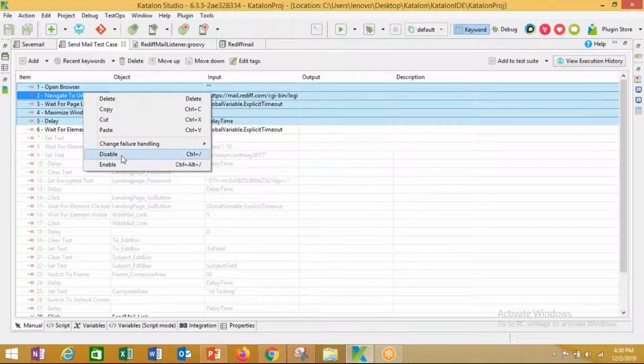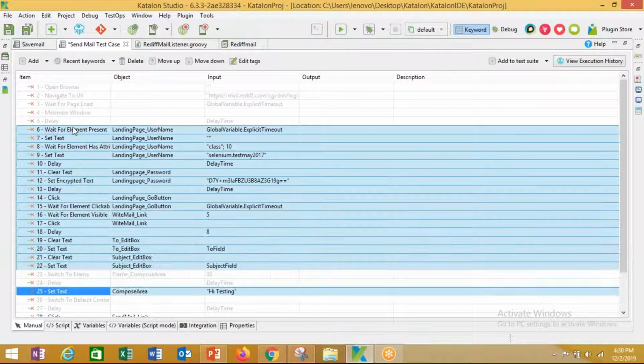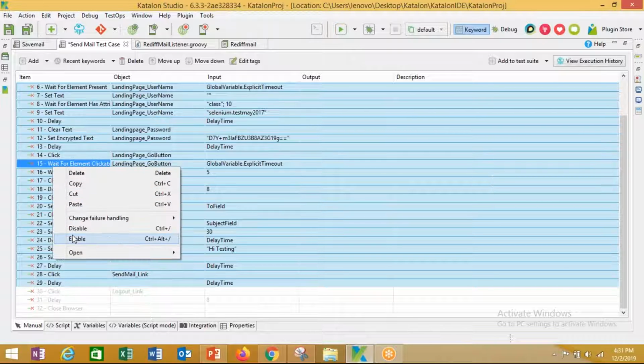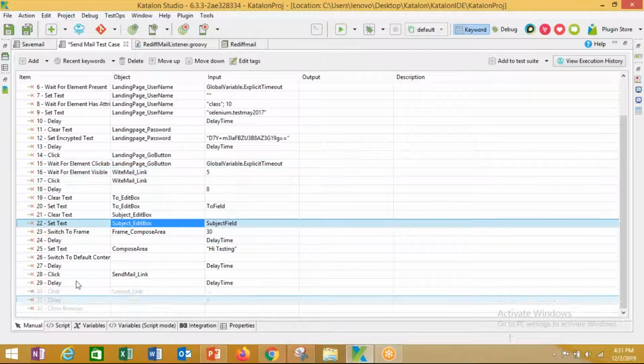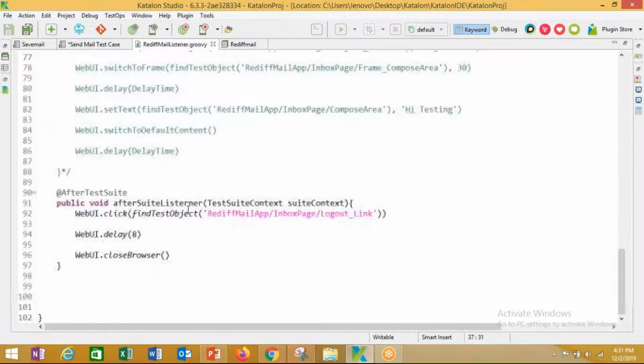Delay type, disable it. These all have to be enabled. Click delay close browser. Click delay close browser